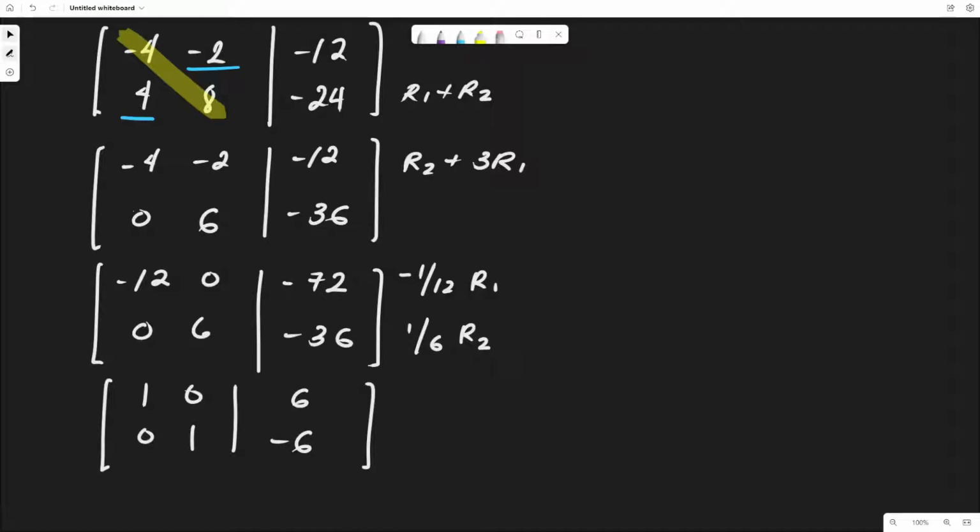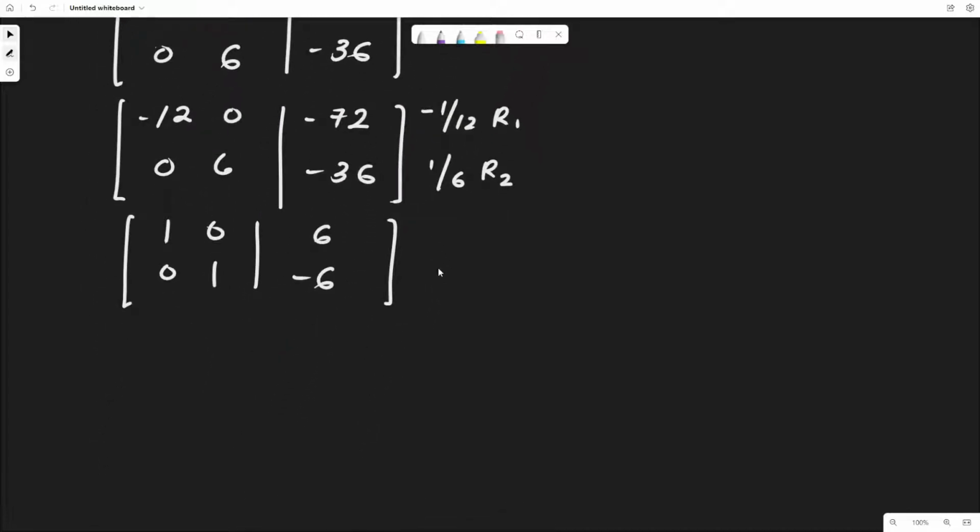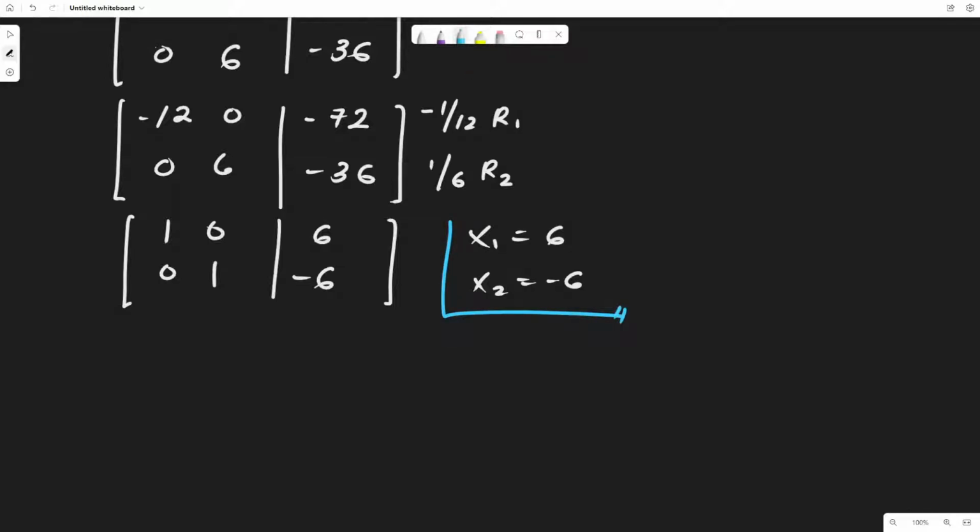Ang kagandahan kasi dito sa Gauss-Jordan, makukuha mo agad yung sagot. No need for back substitution unlike in Gauss elimination. Kay Gauss-Jordan tsaka kay reduced row echelon form, kung ano yung nasa right side nung line natin, yun yung sagot. So, isusulat mo na lang siya. Our x sub 1 is equal to 6, x sub 2 is equal to negative 6. That is already the answer. Ganun lang kasimple gawin si